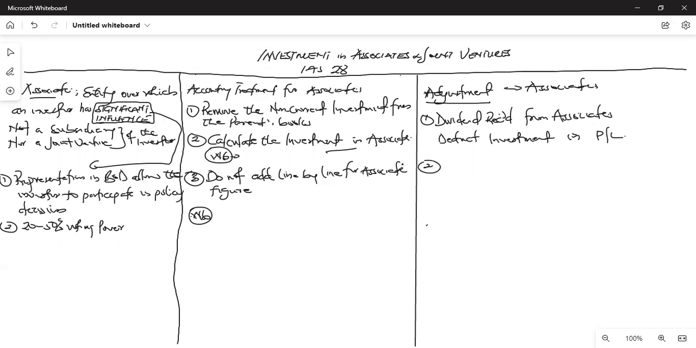Number two, what I want to bring to your attention is the transaction between the associate and the parent company, like the way you see it in the subsidiary. Here, the balances between the associate and the parent company are not eliminated from the consolidated financial statement because the associate is not part of the group. It's just an investment. So I said transactions and balances